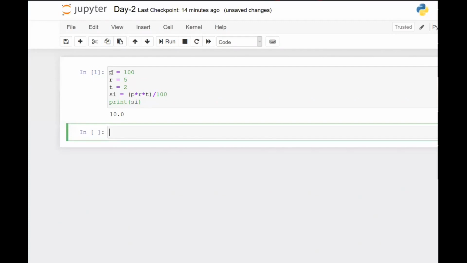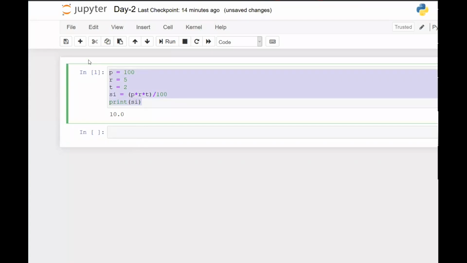Okay. Now, once you have solved this problem this way, taking hard-coded values, just try to build the logic first for your program. Now you start adding some other changes which would be required. Because here, I am always going to have to make a change in my code to calculate simple interest. This is my code, right? This will be stored in a file. And every time to calculate a simple interest, I will need to go into my code and make changes. Just assume there is an application. Every time there is some new computation that you want to do, you have to go to the application, make the change in the code, and then only it will be able to compute. That is not right, correct?